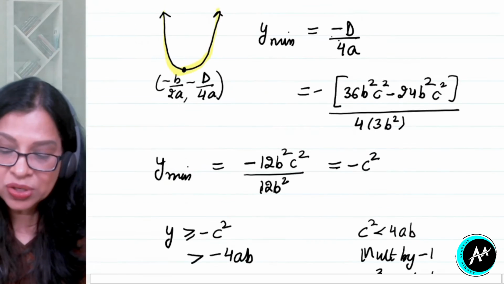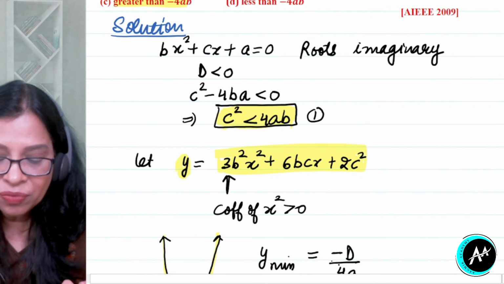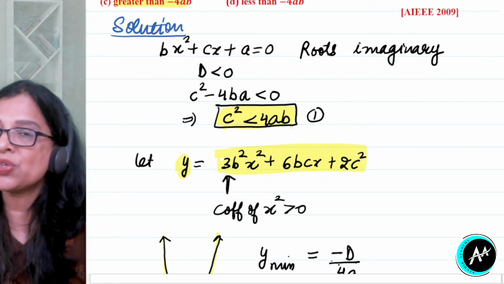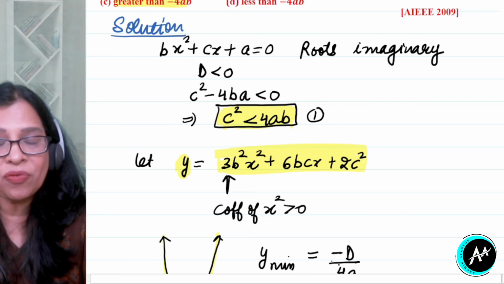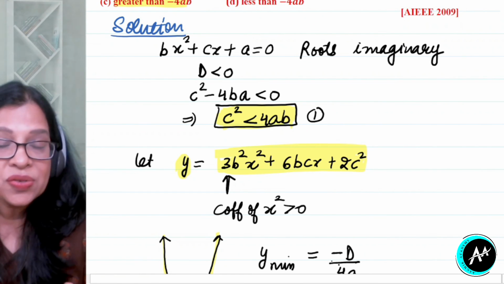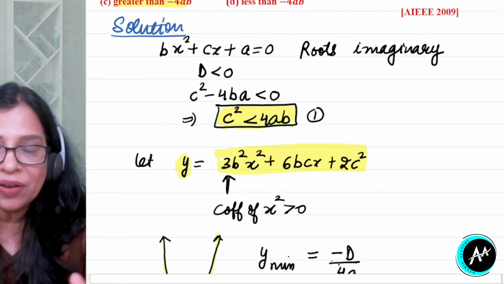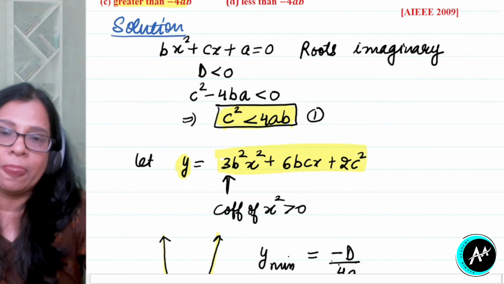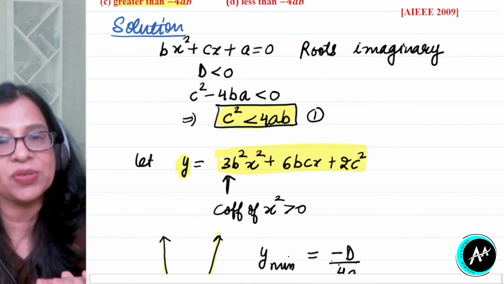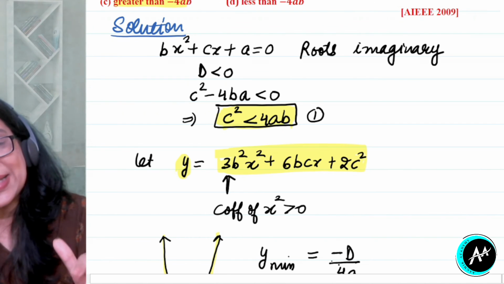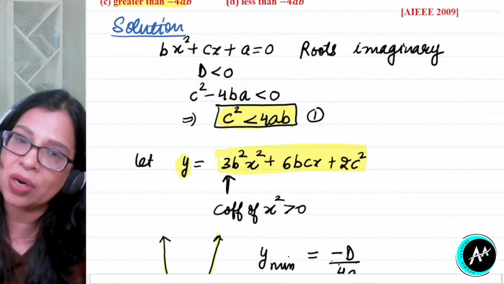So again we have used the minimum value of y. And when are the roots imaginary? When discriminant is less than 0. So these two things we are using. Now let us recall what we have done today. First of all, we did the maximum and minimum value of a quadratic expression, in which we said that if a is positive, then we can get the minimum value of y as minus d upon 4a. If a is negative, the parabola opens downwards. That gives you the maximum value of y, minus d upon 4a.